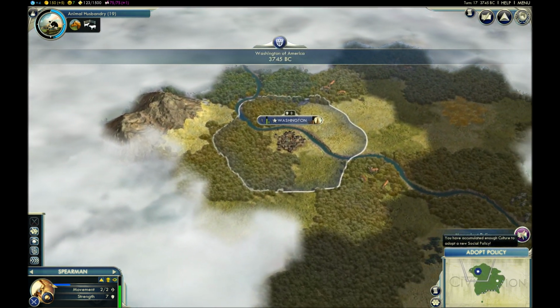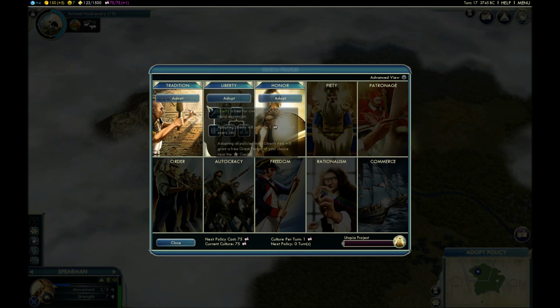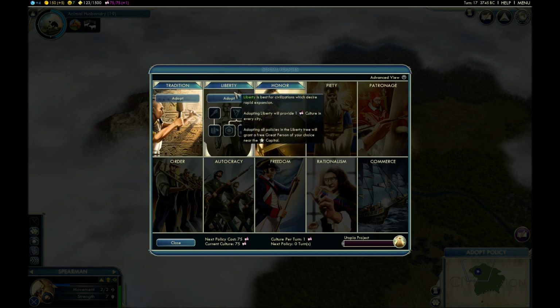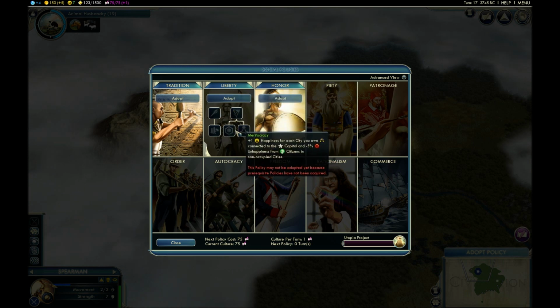Ah, so here's an exciting part. We've gained enough culture to adopt a social policy. The first thing you do is adopt one, and that's just a declaration of intent to follow that policy. And when you adopt them, you get a sort of general benefit. Like adopting liberty provides one culture in every city. And then from there, there's kind of a talent tree thing that you can go through to get further,